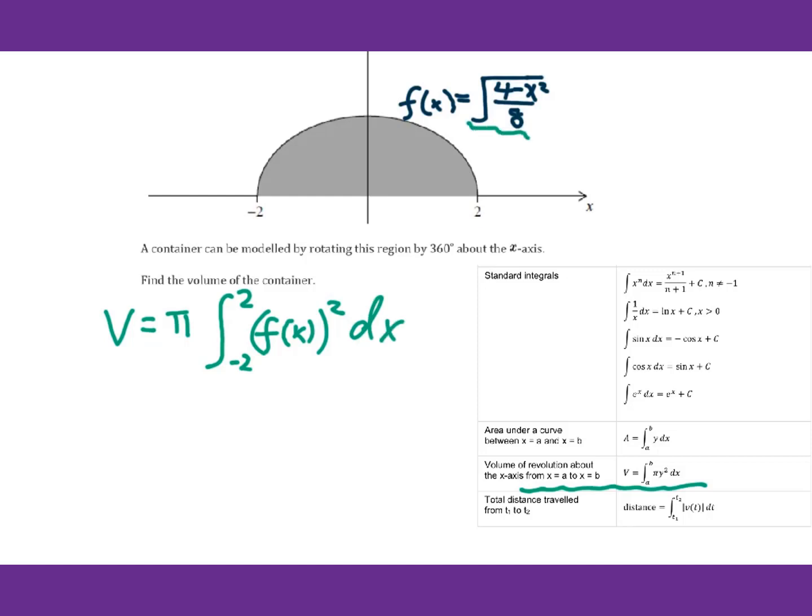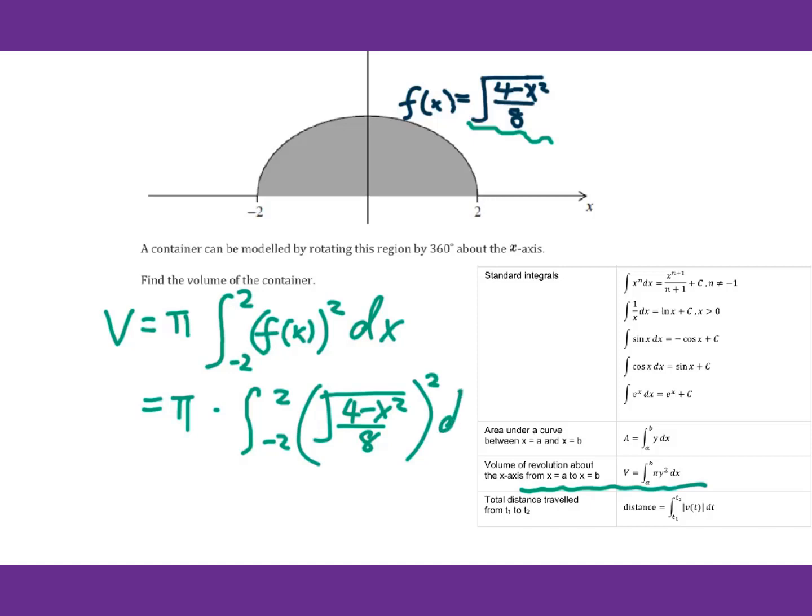Then we plug in this, so you get pi times the integral from -2 to 2 of square root of 4 minus x squared over 8, squared, dx. So we put it into the calculator, and you will get